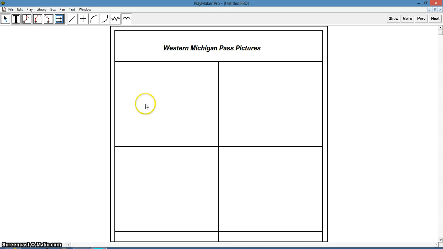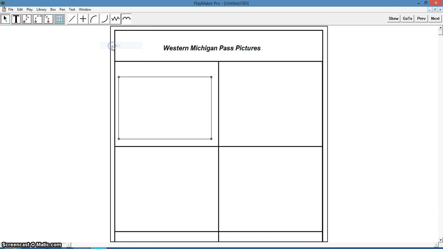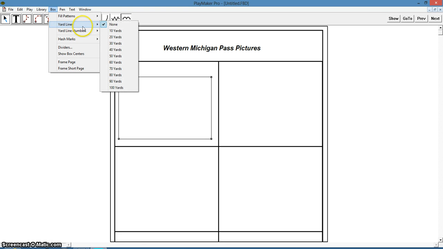we need to get a pass picture in each one of these for our guys. So to do that, I will go to the box part and create a box. I want to fill that box with college hash marks, which I'm just going to click on just to have. And then in this box, I want